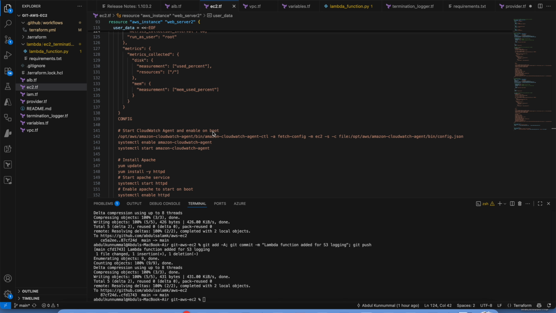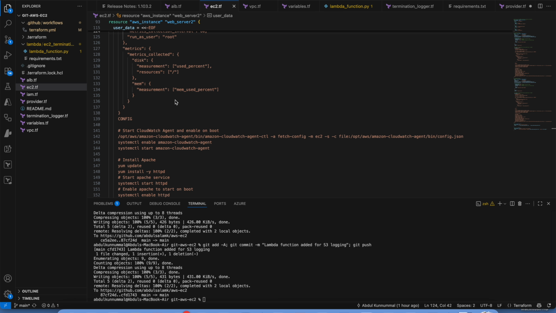So the script here is basically creating a Lambda function which would trigger when an EC2 instance is stopped or terminated from an account. So this uses a few things. Basically, it starts with CloudWatch logs. So when the CloudWatch logs records the machine as stopping, or you can change it to stopping or terminating or whichever you want. So when it terminates, what happens is an EventBridge triggers, which would call a Lambda function,